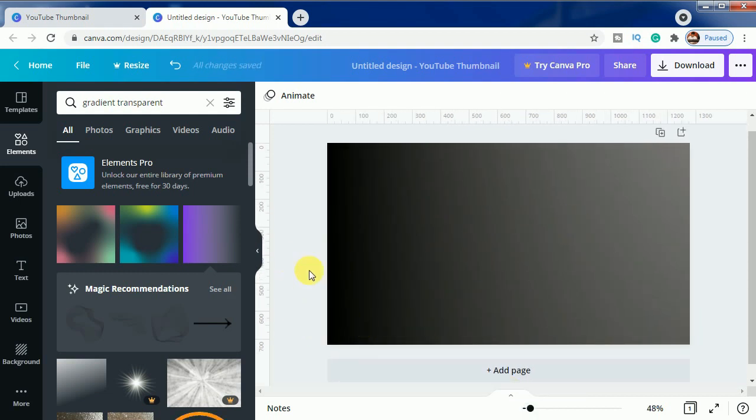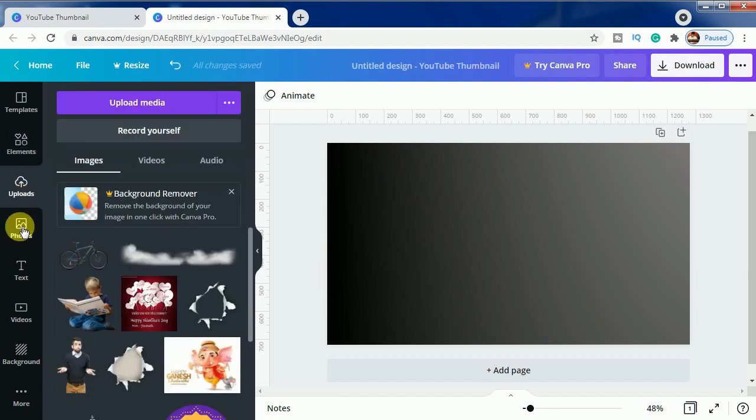Now it's time for the next step, to bring the bicycle in front of us. In the upload section we have uploaded two images, one of the bicycle and another of the cloud. For both of these images you will find the link in the description. I will share all the links, and let's start with the design.